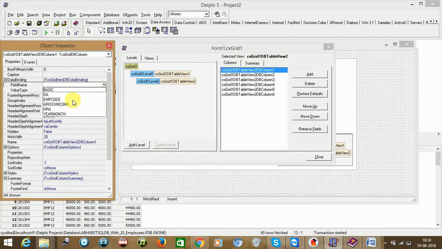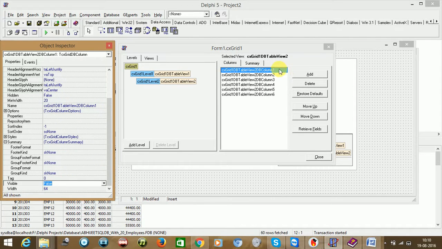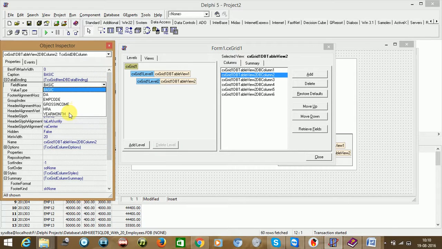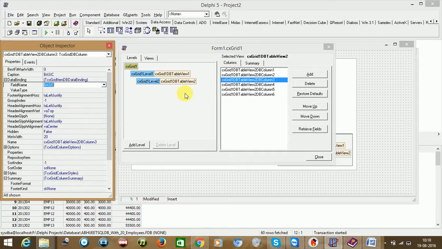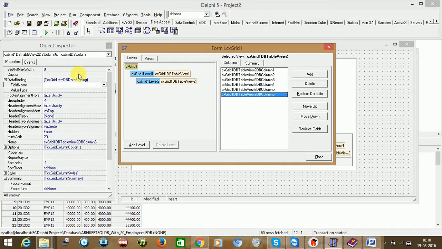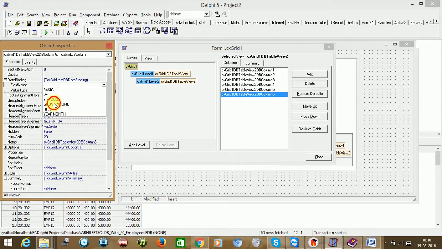This should be employee code, and since we are not displaying it, we'll just make it visible false. Year month we need to have, and then we'll be displaying basic, then DA, HRA, and finally our gross income.